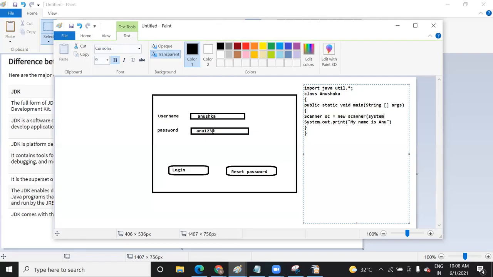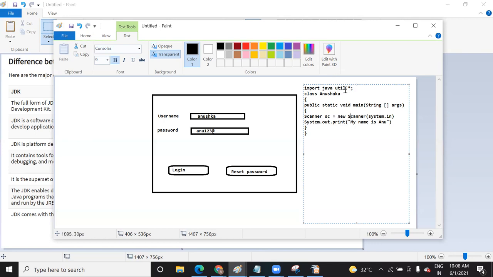This we use in Java in order to read the value from a user. In order to use this line, you need to have this library added in your code. That is why I'm telling you the term binding. Once you import this library, it will authenticate this instruction, validate that now you are ready to use this line in your code. If you don't use this, it will give an error that you need to import this library.